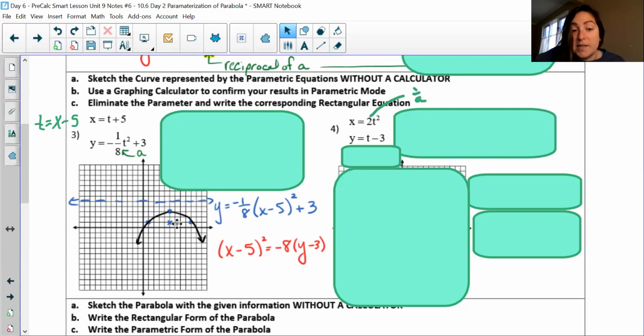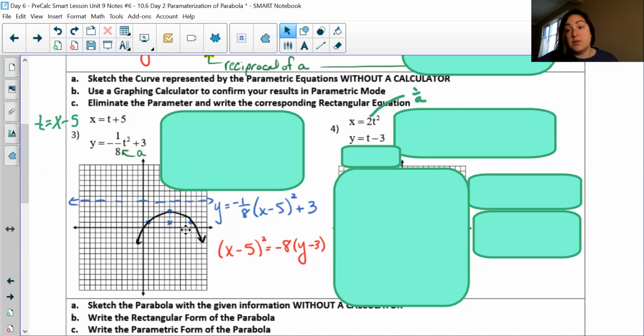And then our focal width is 8, again because it's the absolute value of 4p. From our focus, we go right 4 and left 4, so we get a total distance of 8, and there we go. That's personally the method that I will use, but you could instead use the relationship between a parametric equation of a parabola and a rectangular equation of a parabola,